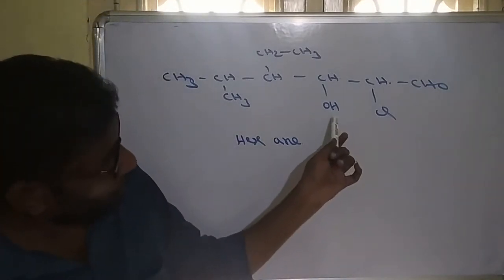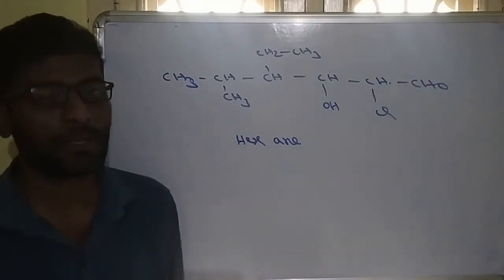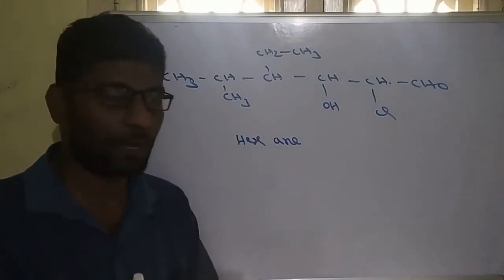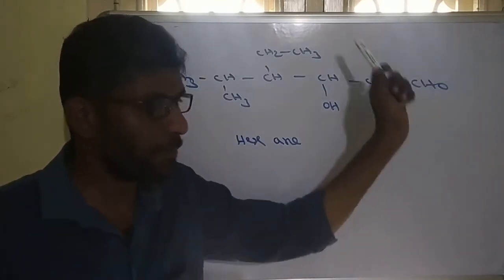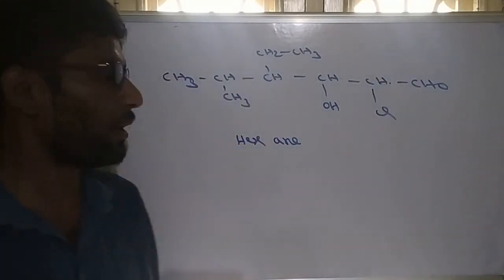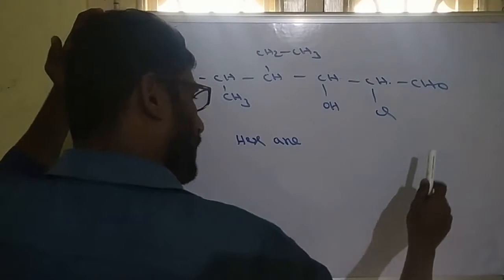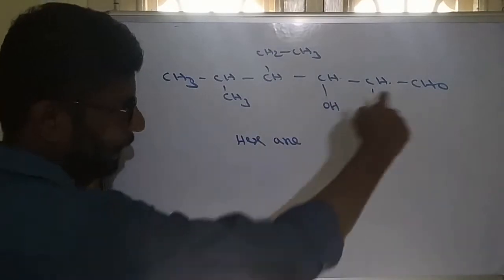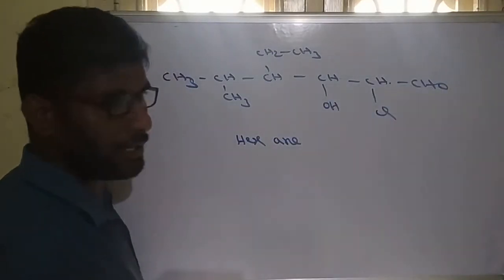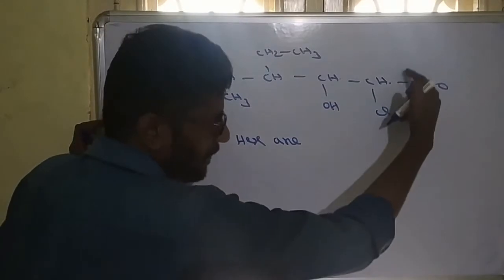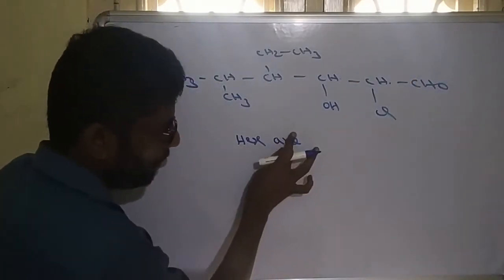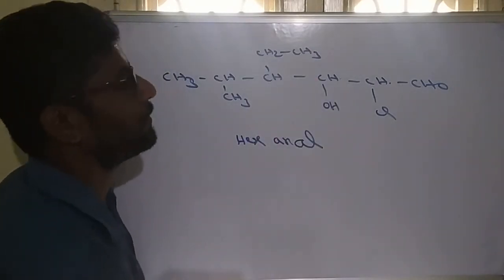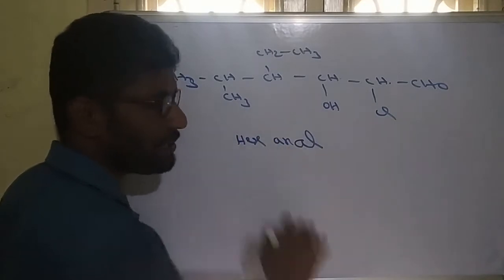Observe here, OH is also a functional group, CHO is also a functional group, so two or more functional groups are there. We have to identify which is the major one. Among these two, CHO is the major functional group because we have to follow the table. So the CHO suffix name is al. When the secondary suffix starts with a vowel letter, the e of the primary suffix will be removed: an and al, hexanal. Root word completed, primary suffix, secondary suffix completed.